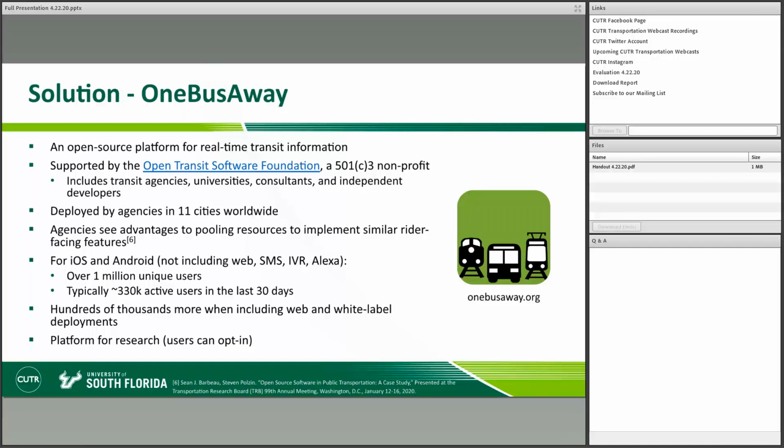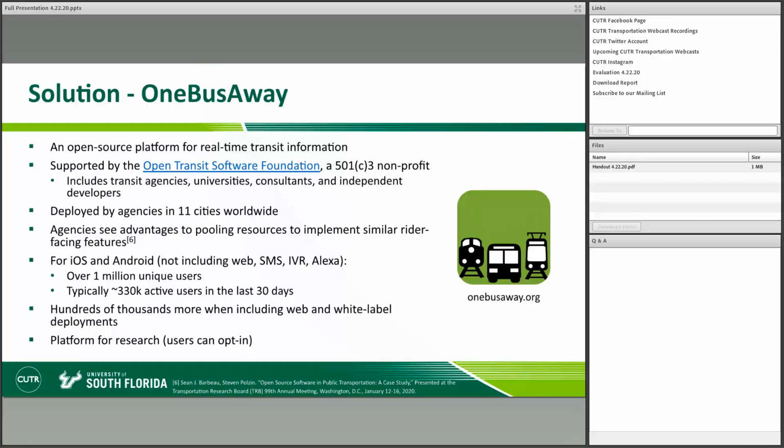It's been deployed in several different cities around the world, including here in Tampa, also Seattle, San Diego, Washington, D.C. And it's supported by a 501c3 nonprofit called the Open Transit Software Foundation, a group of transit agencies, universities, consultants, and independent developers. This project started at the University of Washington as a grad student project to help transit riders by providing real-time transit information in a format on mobile devices that was easy to access.